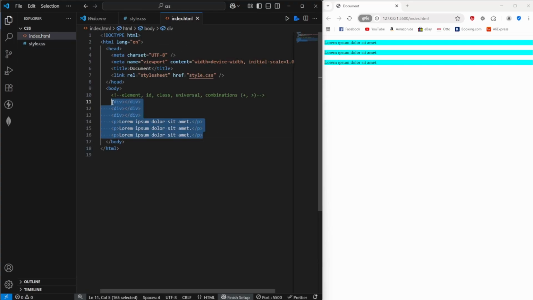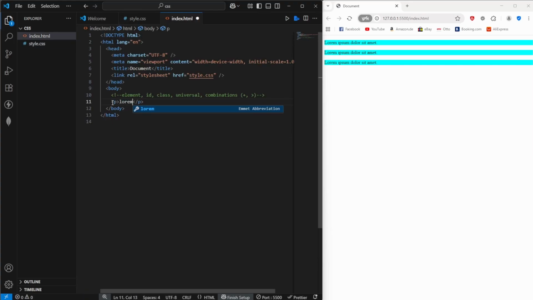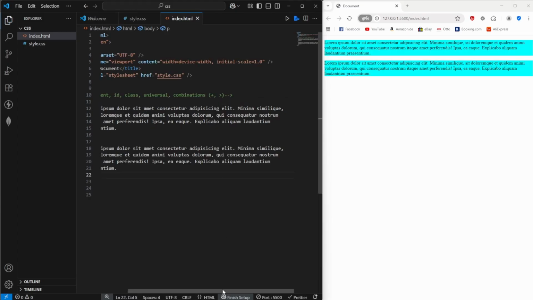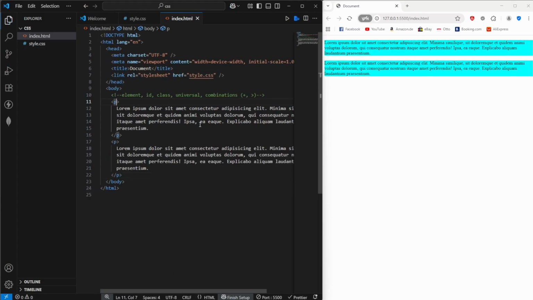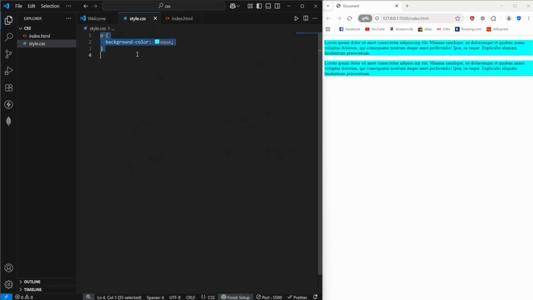The next selector we have is the ID selector. So we can, for example, have 2 different paragraphs right here, and now we can say that the first paragraph has an ID of, for example, P1, and the second paragraph has an ID of, for example, P2. So we have 2 different IDs, one for each paragraph. Now we can remove this, and we can select the first paragraph by using a hashtag, and the hashtag always indicates an ID. So if you want to target an ID, you use a hashtag and then the name of the ID. In our case, the ID name is P1, so we'll use hashtag P1 to target the first paragraph,